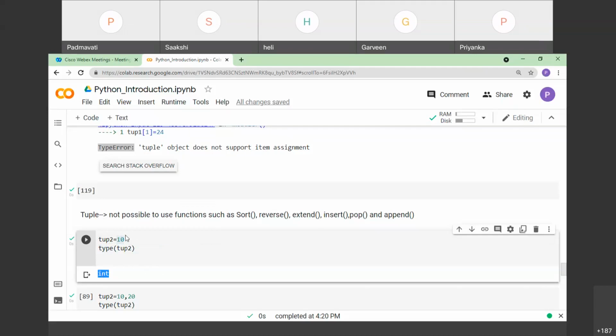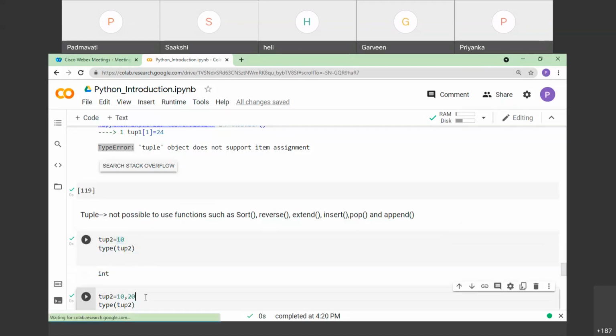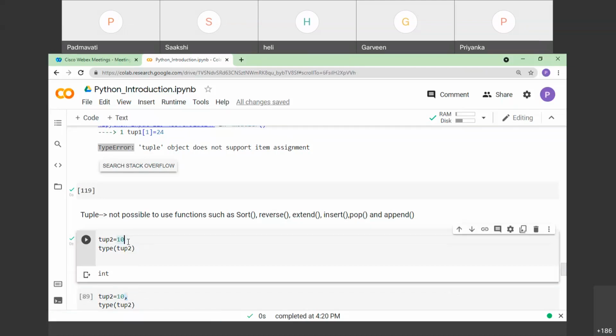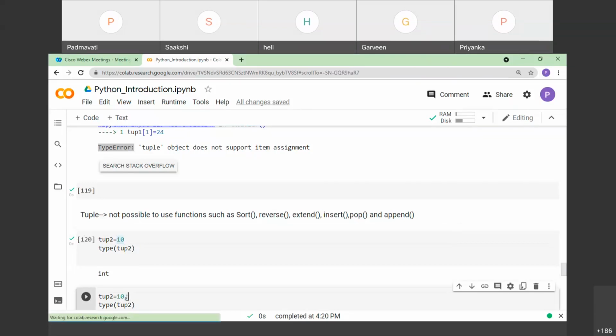So how do I rectify it? Let me create tup2 is equal to 10 comma. With this, it creates the tuple for a single element. That means this comma is just to differentiate whether you are creating a numeric value or a tuple.